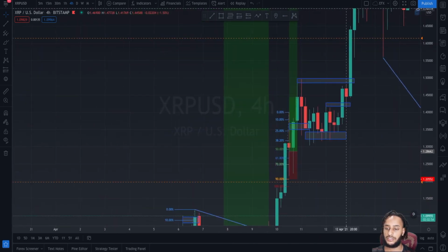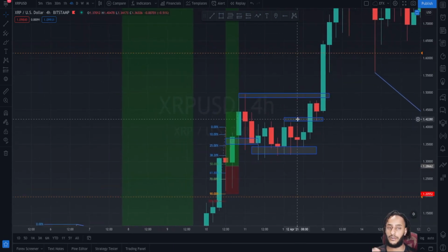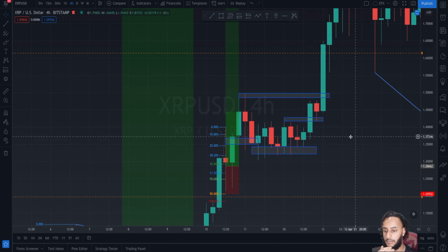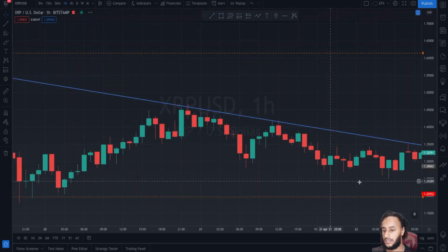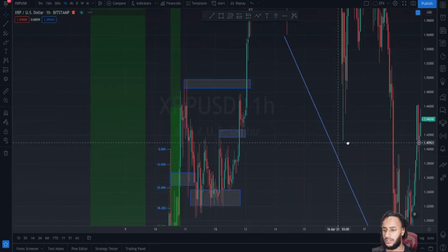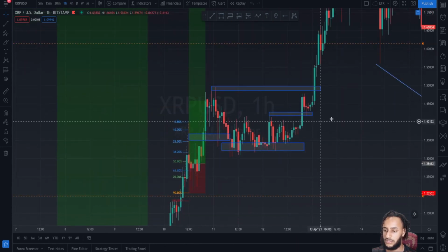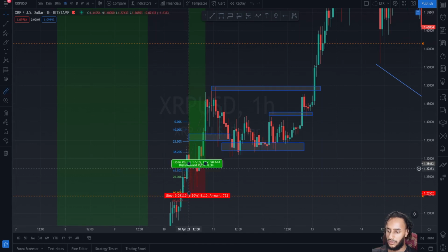So once I enter my trade, since this is a swing trade, I look at it, I set it up in the 4 hour chart: resistance, support, set up my zones. And then once it cracked above this one, let me go to the 1 hour and show you guys. I don't know why the chart keeps moving. But you can see on this one, it went into profit about